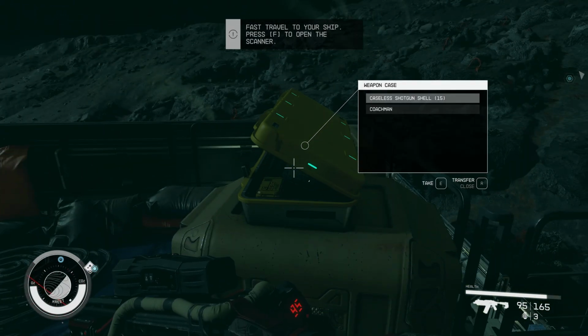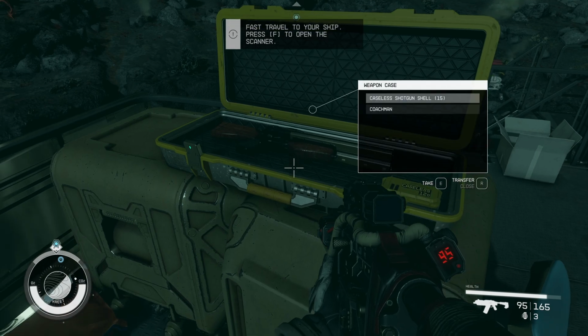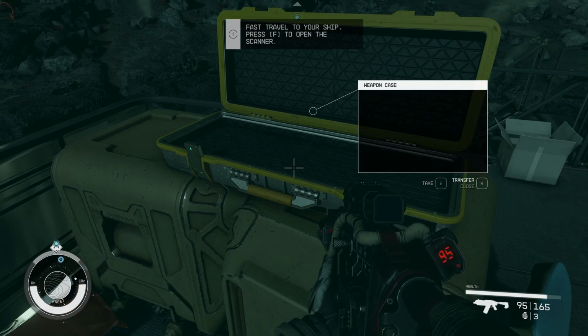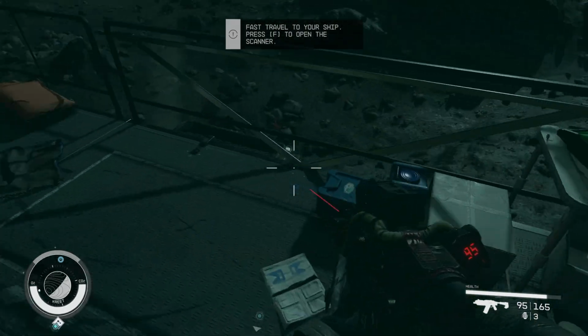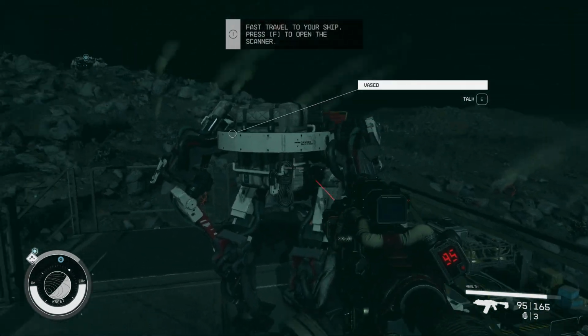Hey, weapon crate. What's this? This is a coachman shotgun. It's a shotgun and some shells for it. Okay. Not sure how much I'll use a shotgun. I mean, close quarters combat seems like it'd be good, but